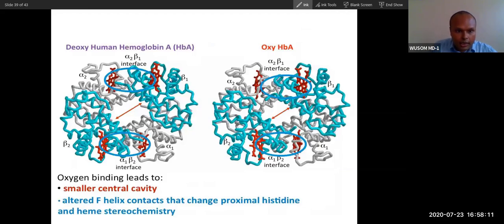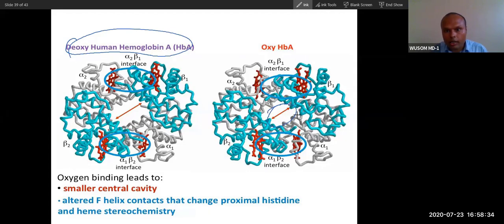So you can see the changes in oxygen. This is deoxyhemoglobin. You can see deoxyhemoglobin has a larger cleft. The oxygen-bound relaxed form will have a smaller cleft, and in that smaller cleft in oxyhemoglobin, the BPG cannot fit. In the larger cleft, BPG can fit. That is why this T form will be stabilized.